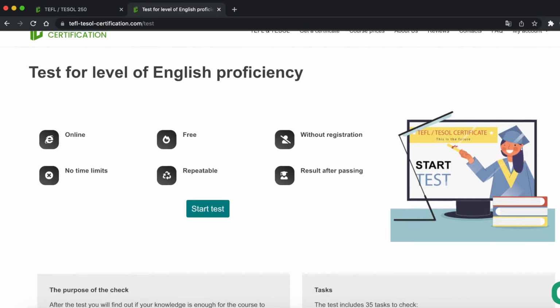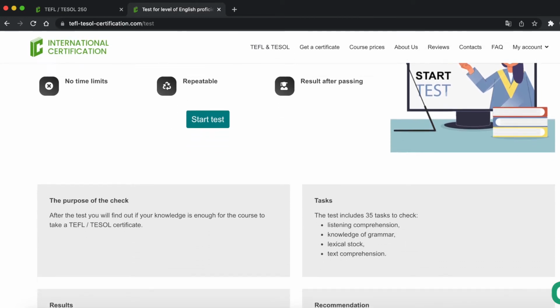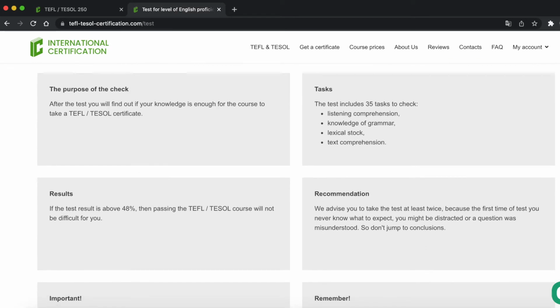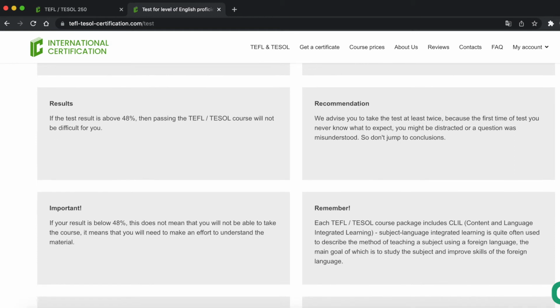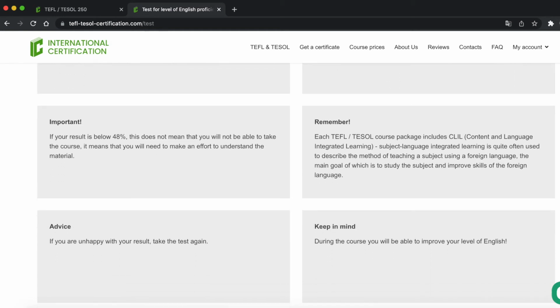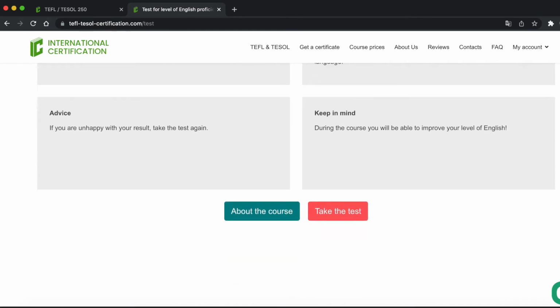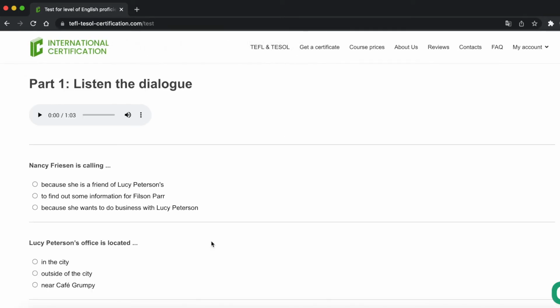What level of English is required for this course? A minimum level of English to take the course is B1. No previous experience or teaching qualifications are required. Each student is personally responsible for his or her level of English competence. Having a level of English below B1 will make it difficult for you to take the course and work in the future. Every student can take a preliminary test to determine the level of English at